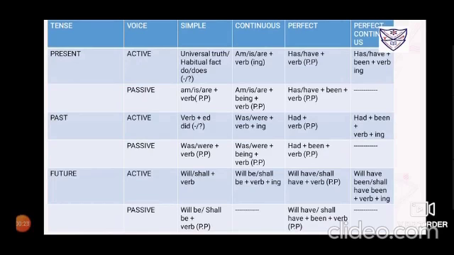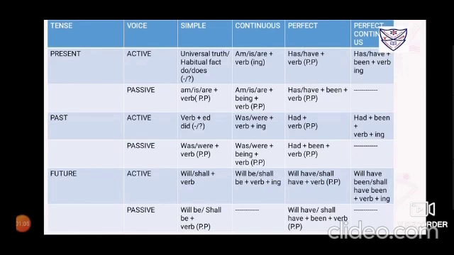Let us go through the perfect tenses. Present perfect will have has, have plus verb in its third form. Okay, that will be changed by only adding the verbs be and been: has been, have been. The verb will have no change because in active voice also the verb was in third form only. For the past perfect tense, we have to use the word had, active voice, had. Then in the passive voice, it will have only one word added, that is had been, and the verb in its third form.